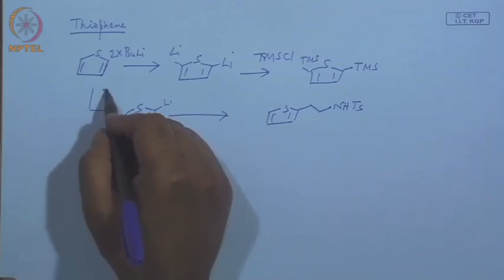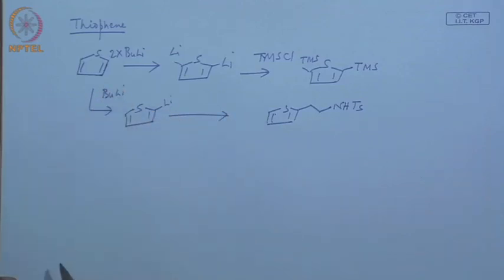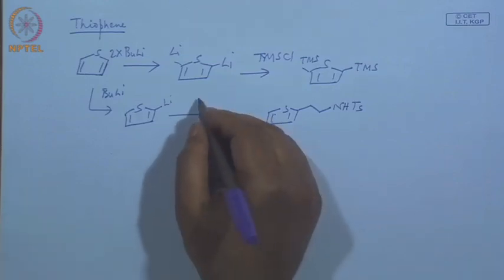That means, 1 equivalent of butyl lithium, you get the monolithiation done, and then you have to look for a right electrophile. So, what could be this electrophile? Good, very good. Actually, aziridine,